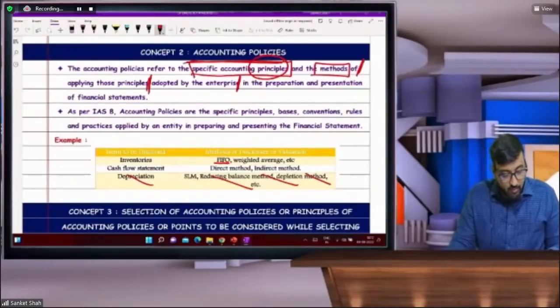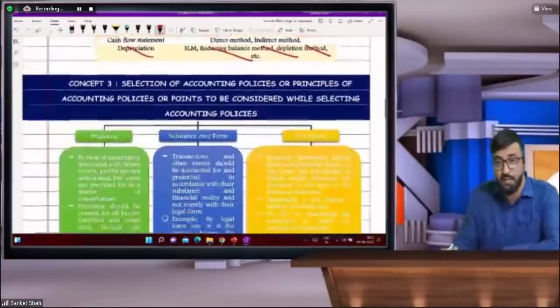हिमांशु गुप्ता जी ने बराबर लिखा हुआ है: अकाउंटिंग पॉलिसीज आर द स्पेसिफिक अकाउंटिंग प्रिंसिपल्स एंड मेथड्स ऑफ अप्लाइंग दोस प्रिंसिपल्स बाय द एंटरप्राइज इन द प्रिपरेशन एंड प्रेजेंटेशन ऑफ द फाइनेंशियल स्टेटमेंट्स। वेरी गुड, मुक्ता जी भी लेट ज्वाइन हुई है, नो प्रॉब्लम। बेटा हमने अभी तक पूरा का पूरा अकाउंटिंग पॉलिसी के बारे में बात कर ली।